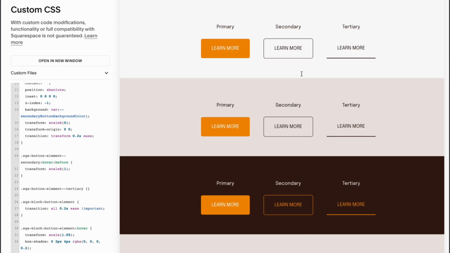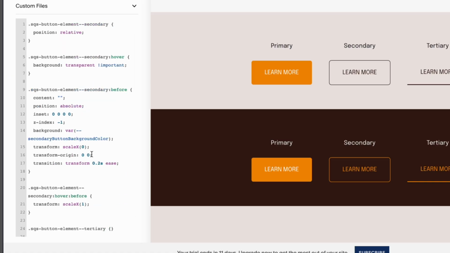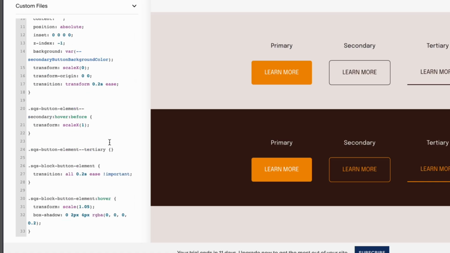For the third effect on the tertiary button, I want to do something that builds off of what we did here on the secondary button, but I want to create an effect that has more of a 3D effect. So this underline, I want it to appear like it's going to flip forward. We can actually use a lot of this code that we've written for the secondary buttons. So I'll take everything that we've created there and add it to